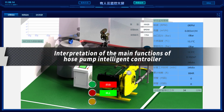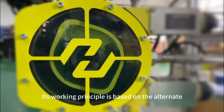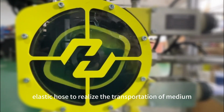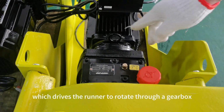Interpretation of the main functions of the hose pump intelligent controller. A hose pump is a kind of fluid transportation equipment. Its working principle is based on the alternate compression of an elastic hose to realize the transportation of the medium. Specifically, the hose pump is usually driven by a motor, which drives the runner to rotate through a gearbox,